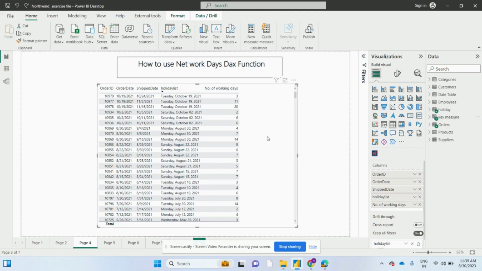So in this table visual, we have order ID, order date, ship date, holiday list, and number of working days. For example, if you want to calculate the working days between the order date and ship date, we have used